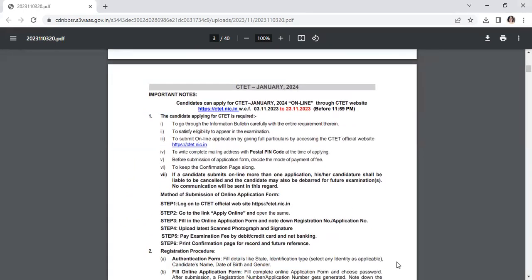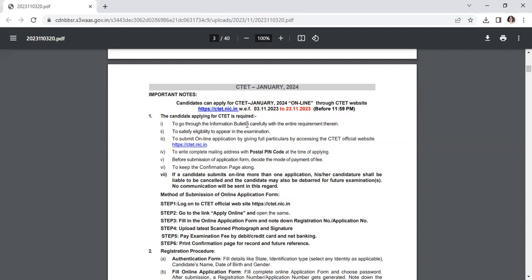Okay. So, what are the instructions given here? I am reading all those instructions. Please listen to it carefully because I know that it is not possible for you to read each and every line. So, I am reading it for you, just updating myself and updating yourself also related to CTAT. Okay. Let us proceed with that now.